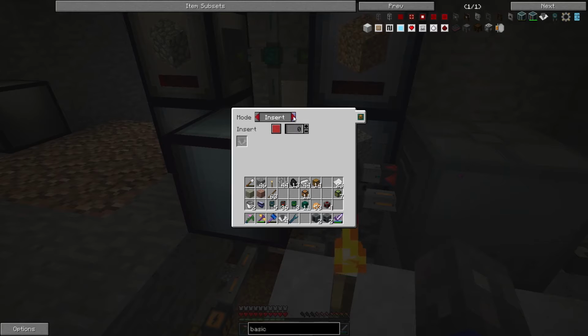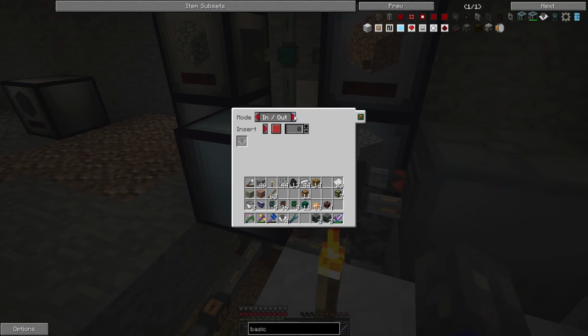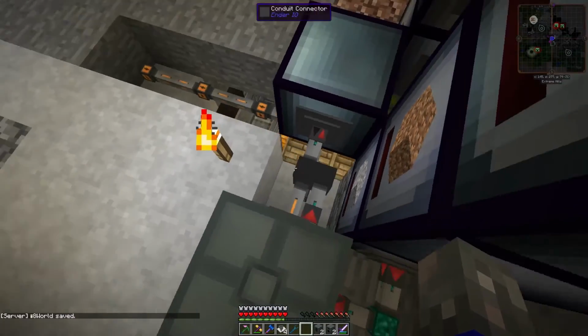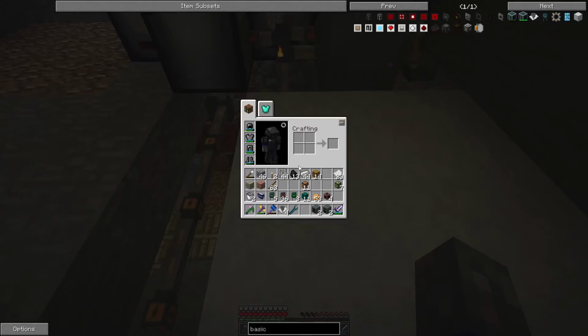Now what we can do here is we can actually do an in and out. Insert on the red channel. And we can pull out on, say, the black channel. And we can have it always be active, round robin, self-feed, nah. Alright. This will now allow us to do the next step,